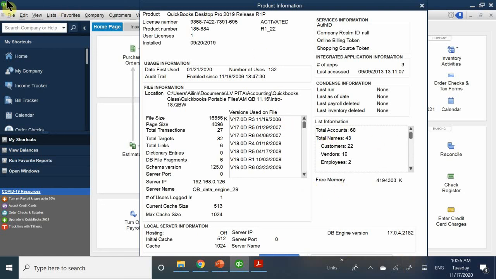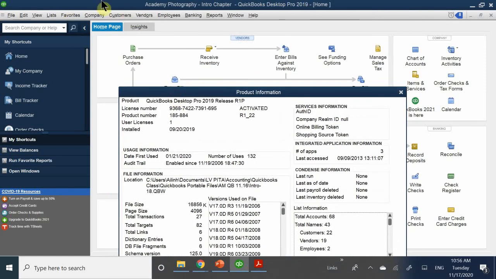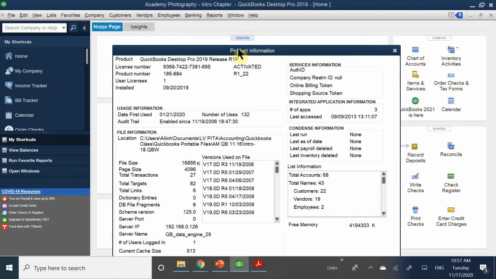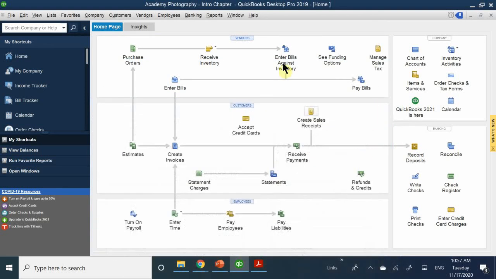So that's what's cool about the F2 key. You don't need to actually go into your vendor center and check out every single vendor that you have. You can just go to the F2 key, right? And it will give you all that information. So again, we also talked about centers. We talked about how if we go to the vendor center,